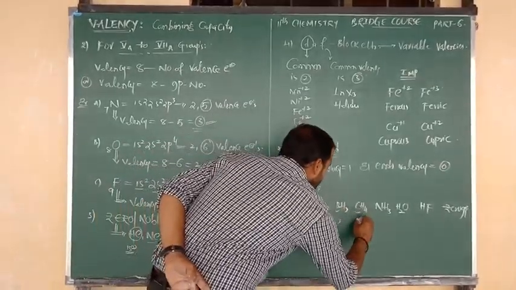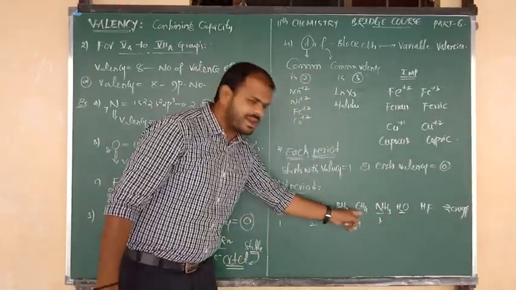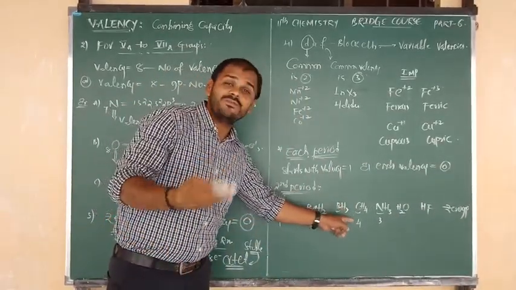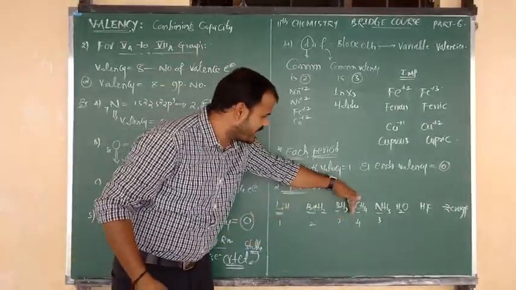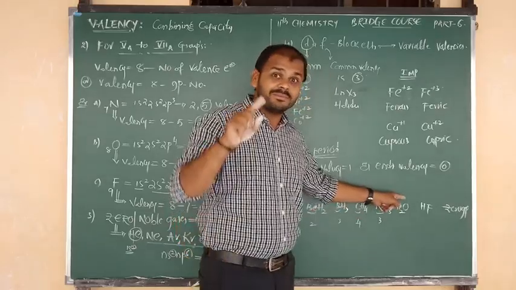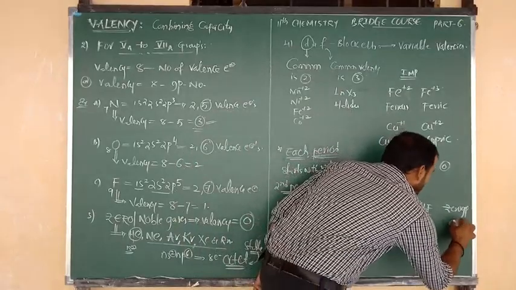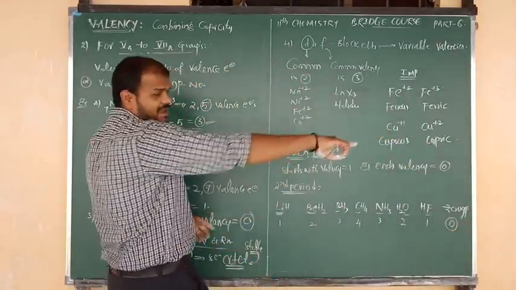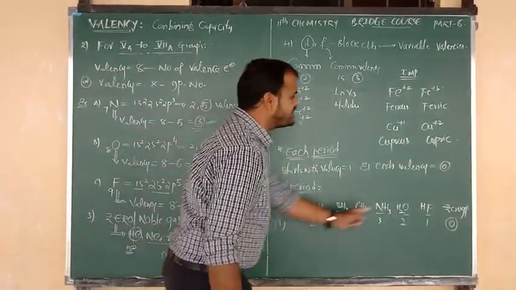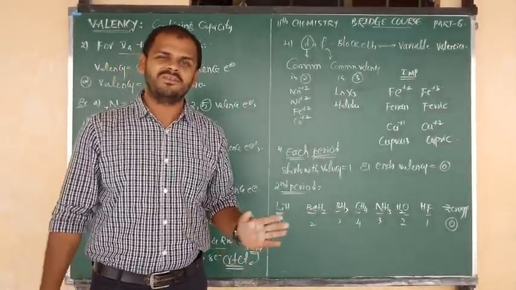and this is combining capacity 3. Here combining capacity of carbon is 4 and combining capacity of nitrogen is 3. So from 1A to 4A group, valency 1 for first group, 2 for second group, 3 for 3A group, 4 for 4A group, because the valence equals the group number from 1A to 4A. But after 4, this is the 5th one. 5th means 8 minus 5, 3. Oxygen 6, 8 minus 6, it is 2. So oxygen valence is 2, fluorine valence is 1 and 0 group valence is 0. So each period, for example the second period, starts with valency 1 and ends with valency 0. Not only second period, all 7 periods, same information.